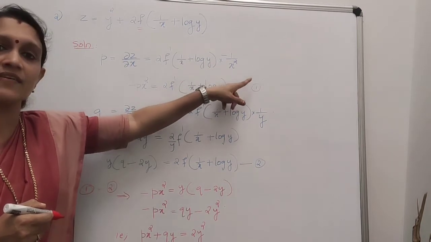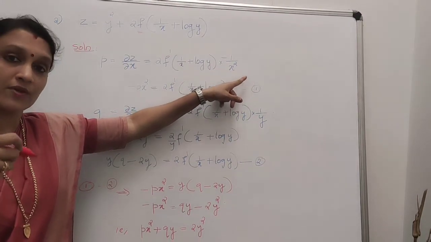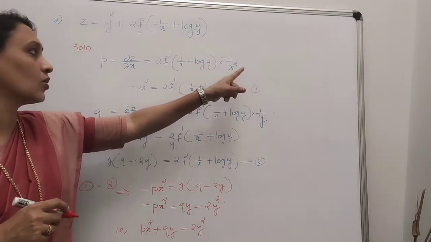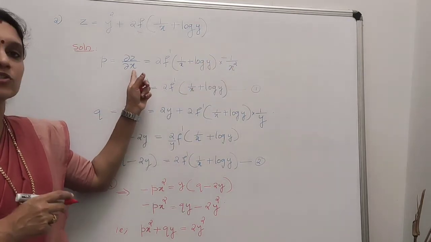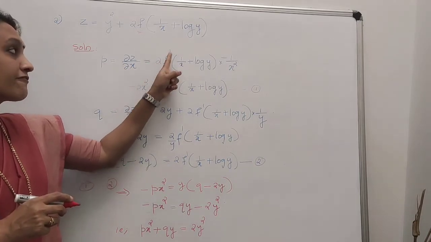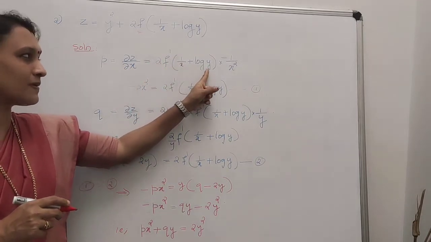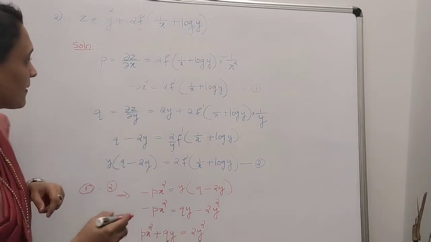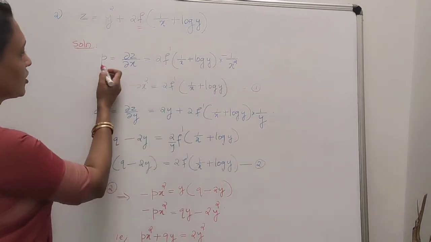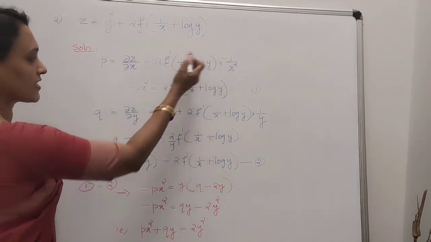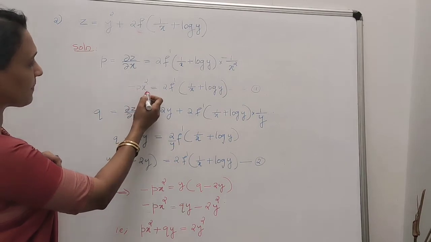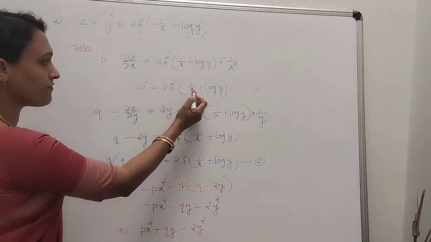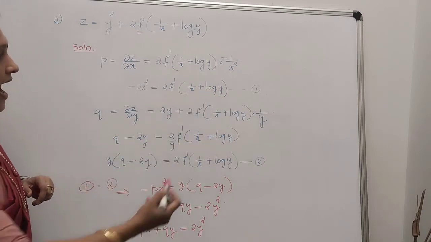And log y derivative with respect to x is 0; with respect to y it is other than 0. So here we are finding with respect to x. So it is 2f dash of 1 by x plus log y into minus 1 by x square. On simplifying, this x square can be taken to this side, and minus also I considered. So minus px square is equal to 2f dash of 1 by x plus log y, and put it as